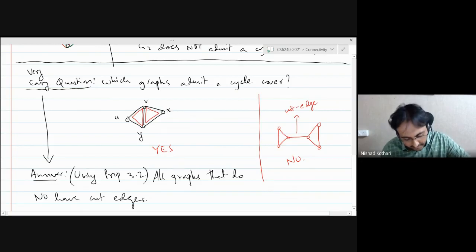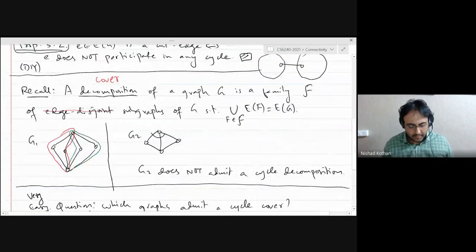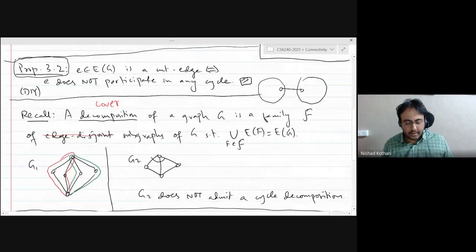Does everybody see why the answer is what it is? If the graph does not have any cut edge, then you can find a cycle containing that edge. You just throw it into the cover. There are no restrictions. So there is another comment on the chat box, graphs with no bridges. Yes, cut edges are often called bridges. Thank you, Shivam. However, in this course, we will stay away from the term because we are going to use bridges for a different concept when we come to planarity. But that is a correct answer because bridges and cut edges are the same concept, but we will be using bridges for something else.